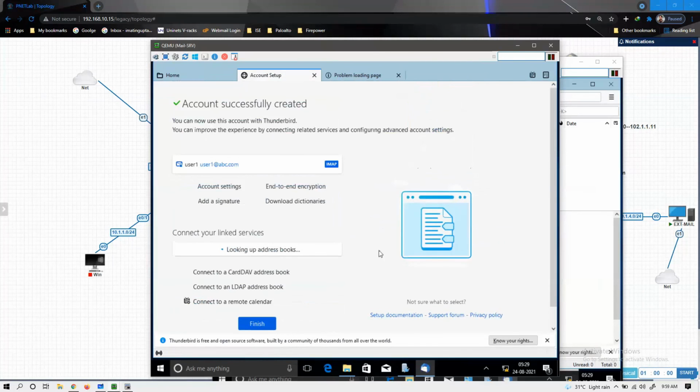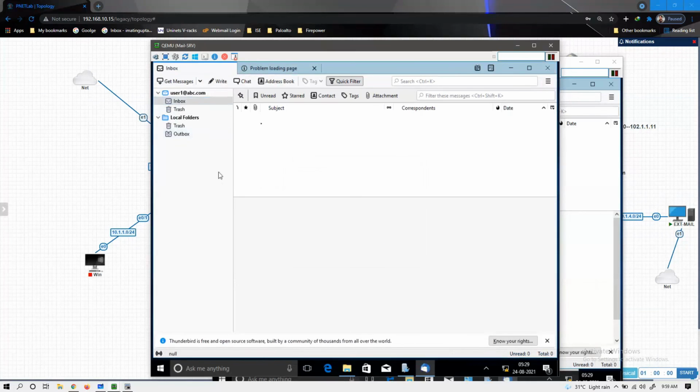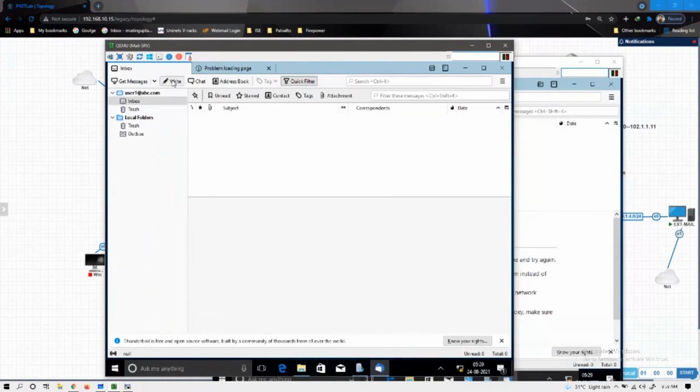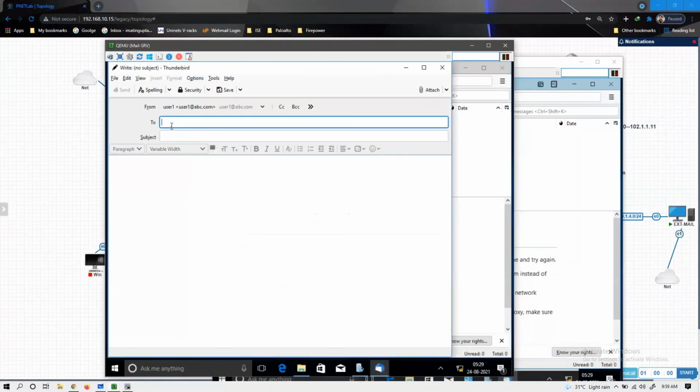It will ask to change port numbers for SMTP and all. If you want to change them on the client, you can change them. Otherwise, you can use them as default. So here also it is getting access to its inbox, right? Now let's create a mail to user2@xyz.com. This is a test mail and here we can send hello. Okay. User2@xyz.com. Then